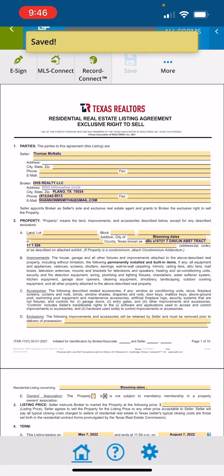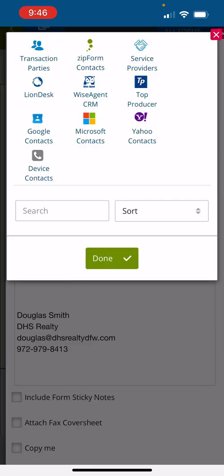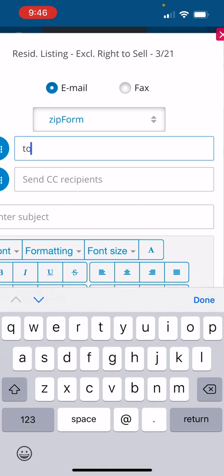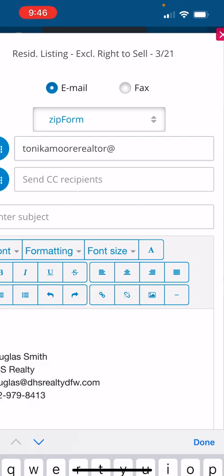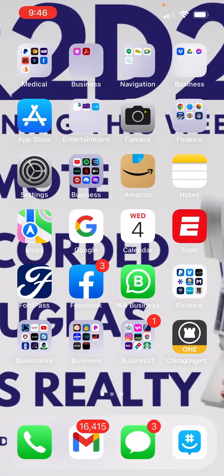And I'm going to go ahead and email it to Tonika. So I'm going to type in Tonika Moore Realtor. And I'm going to send it to her as an email. Okay? So hopefully that helps. This is a quick little resource there on how to do